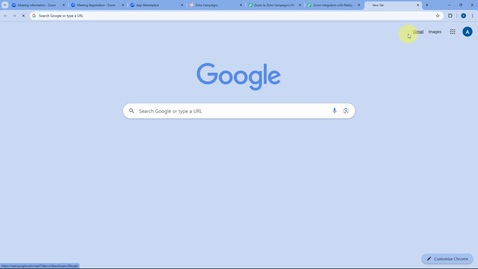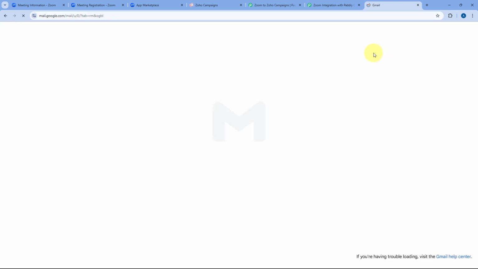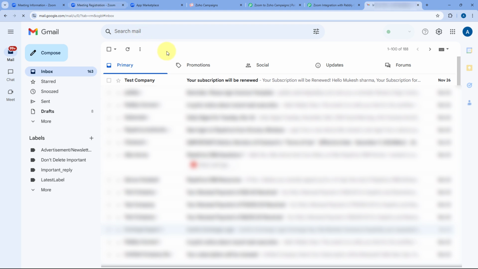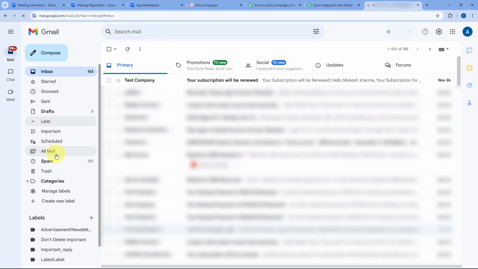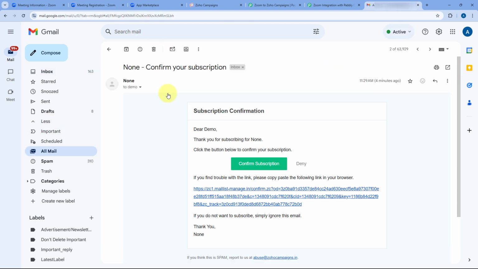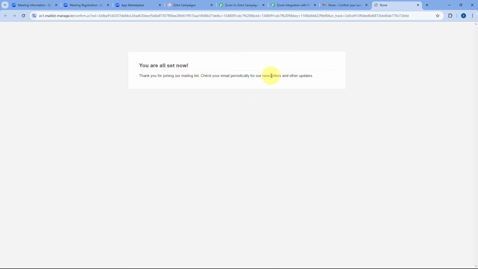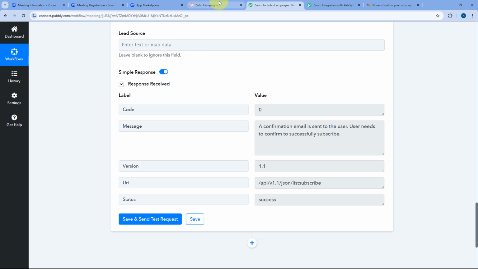I'll just go to a new tab. I'll open the email inbox of the same meeting registrant who has registered for our Zoom meeting. We'll go to all mails. And yes, here you can see that an email for confirmation has been sent by Zoho Campaign. As the user clicks on this confirm subscription button, the user will automatically be redirected to this page. And this user who registered on our Zoom meeting will be added as a subscriber in